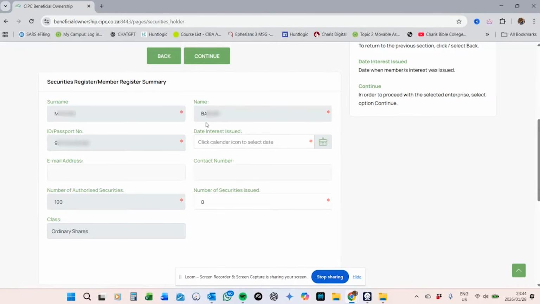But if you bought this company, maybe you bought a shelf company, the date you need to put would be the date you bought the shelf company. So if it wasn't a shelf company, this is going to be easy to find. That means that you were the initial director when the company was registered. You are to just click on